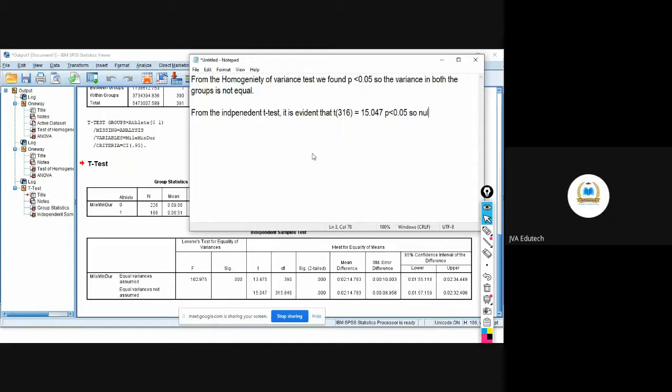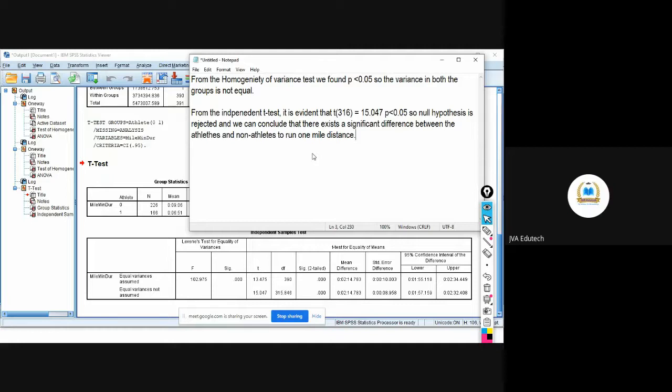So the null hypothesis is rejected, and we can conclude that there exists a significant difference between the athletes and non-athletes to run a mile distance. Clear? Is this clear? Yes, sir.